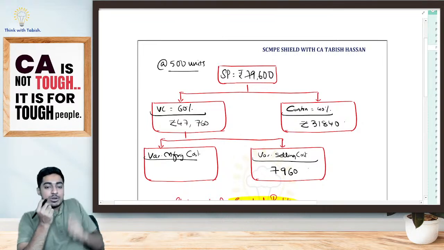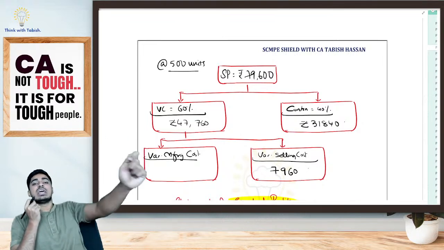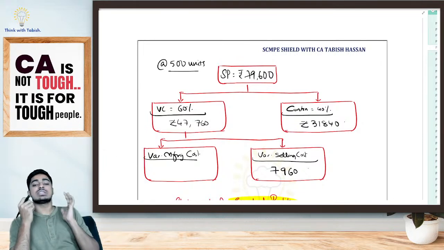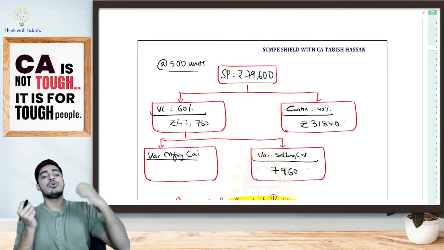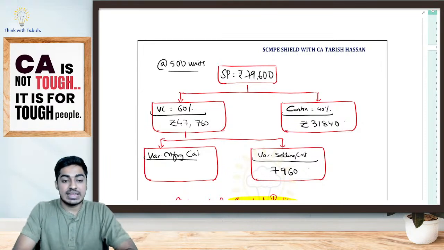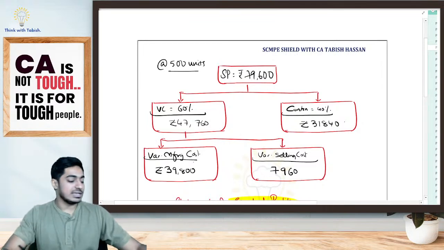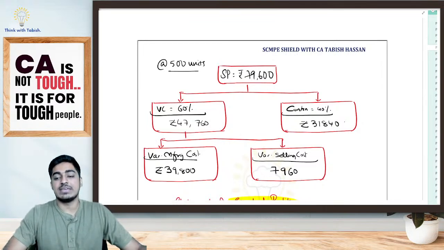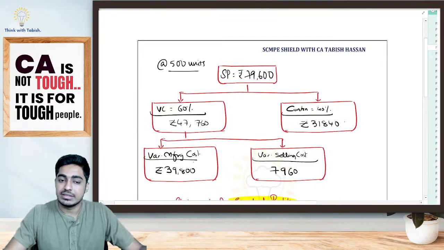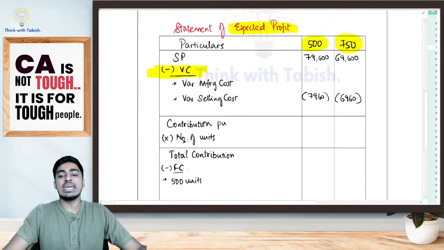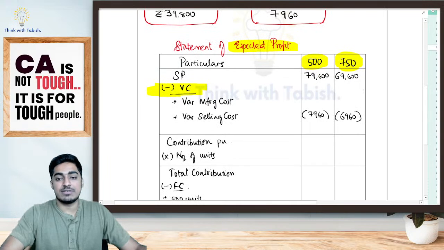Now look at this. The total variable cost I have to pay is 47,760. Out of that, for selling I have to pay 7,960. That means for manufacturing, how much should I be paying? It is going to be my balancing figure: 47,760 minus 7,960. It is going to be rupees 39,800. Is it clear, students? I've calculated my variable manufacturing cost as 39,800. Now I know that when I am selling 500 units, my variable manufacturing cost is going to be 39,800